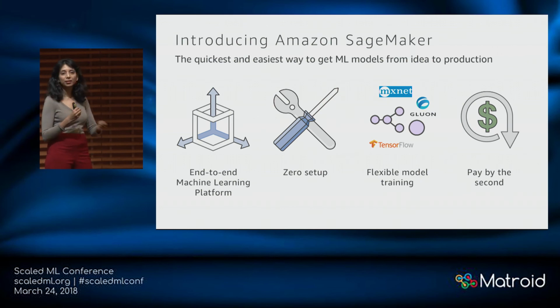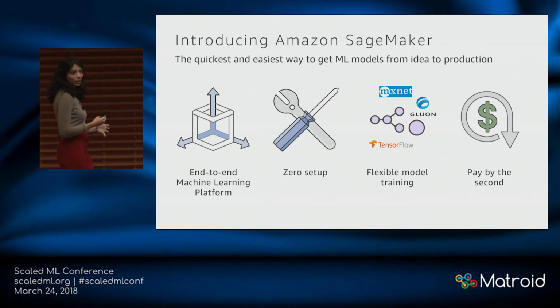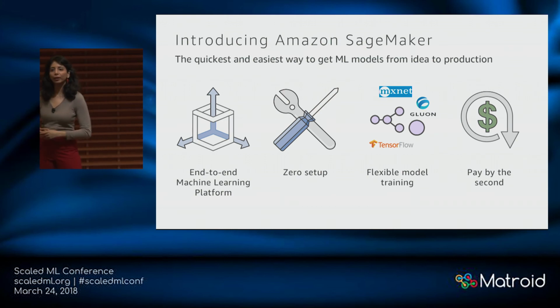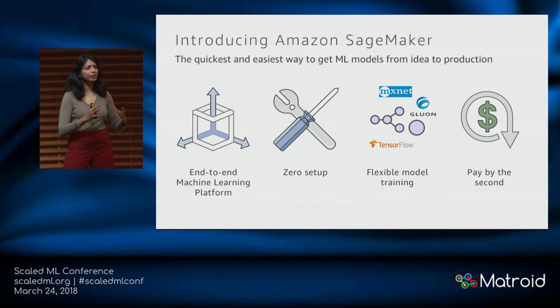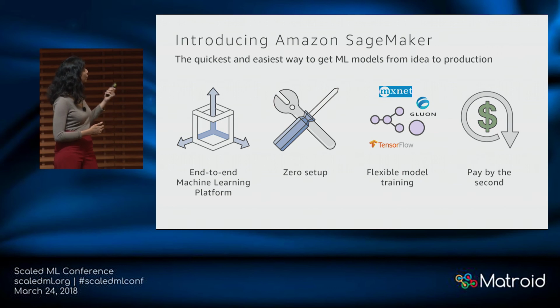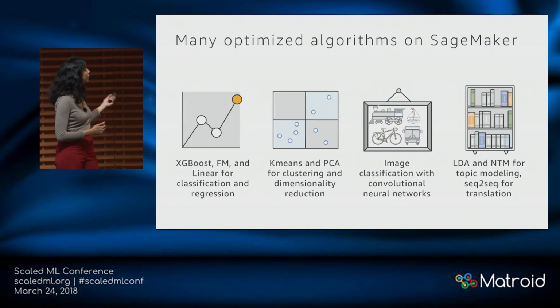If you want to change instances, you can do that seamlessly. You want to host multiple models, do A/B testing, deploy them in different forms, and do model management, you can do that very easily. And so this does a lot of heavy lifting when it comes to DevOps, so you can focus on the machine learning aspect, which is where a lot of new innovation needs to be done, right? And so that's what SageMaker is very useful for.